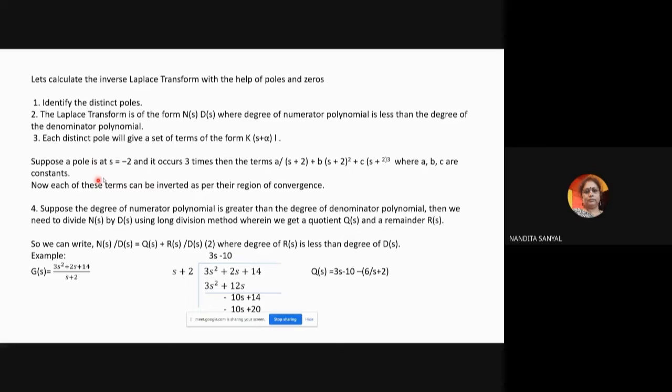Now suppose a pole is situated at s equal to -2 for a particular system, and there are 3 poles situated at -2. So to find the system function, we have to consider partial fraction terms, that is a by (s plus 2) plus b by (s plus 2) square and then c by (s plus 2)